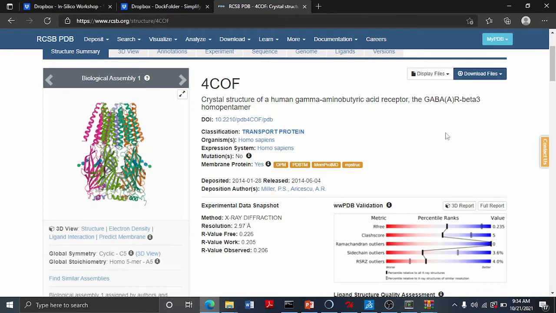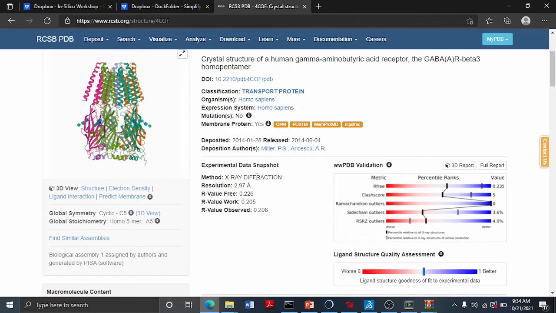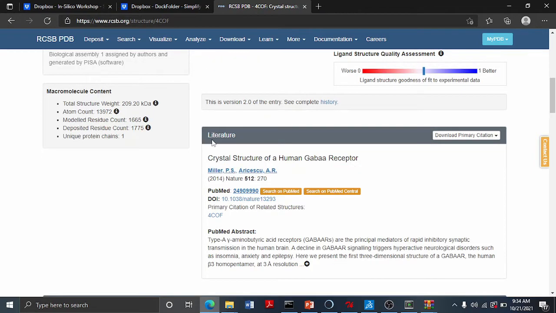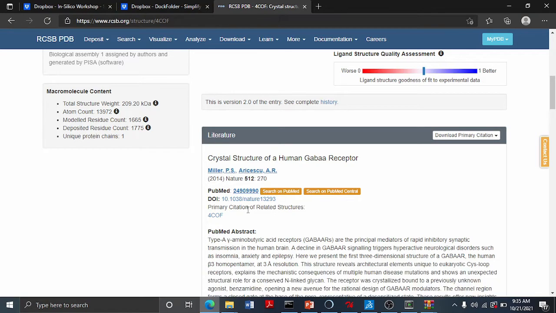If you're actually interested in the mutant type of the target, you'll have to search for it and access it also. This was the date the enzyme was deposited on the database, and if you scroll on down, we get to see the literature, and you can read the abstract, and you can download the journal also from